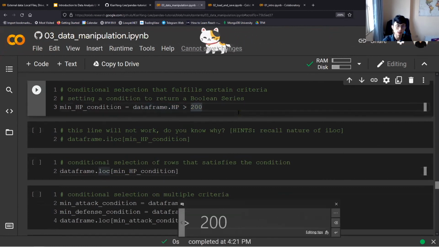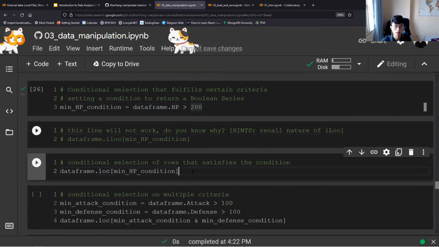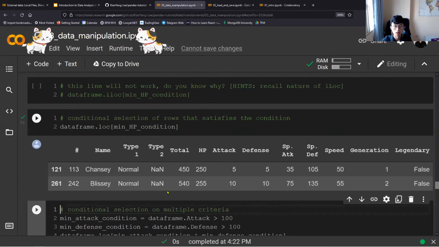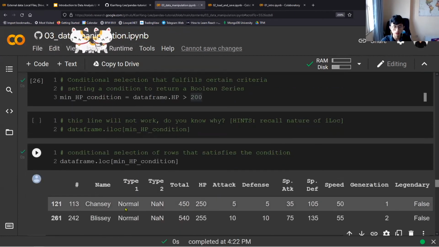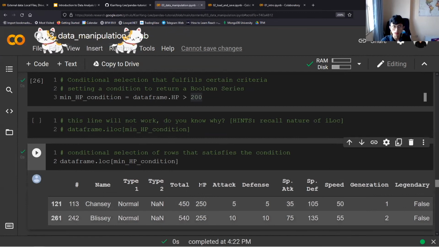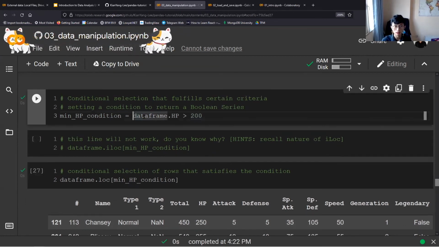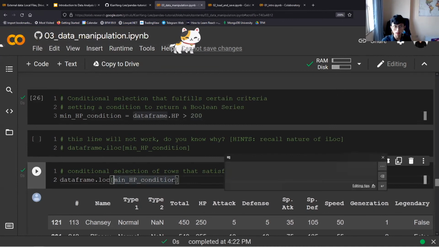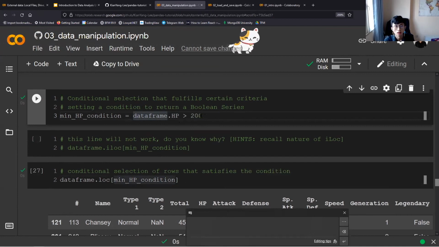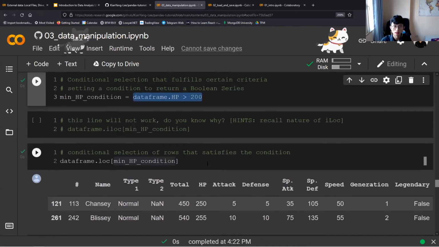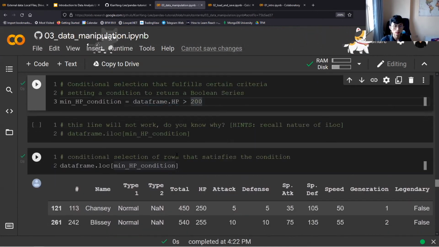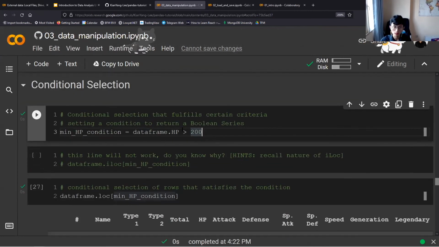Right, so if you try to execute this, okay, we see that, let's check the HP. We see that all the Pokemon here, the HP here is more than 200. Because this command here is telling us that we only want to return the data frame with HP more than 200. Okay, and if you understand this,